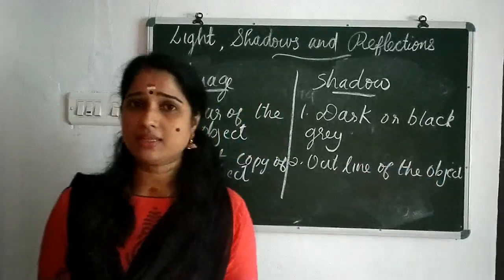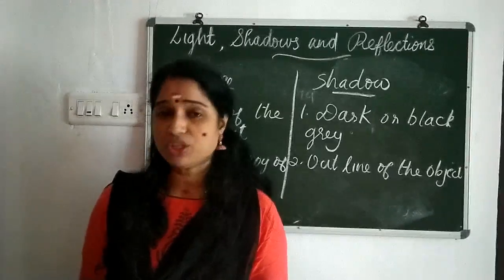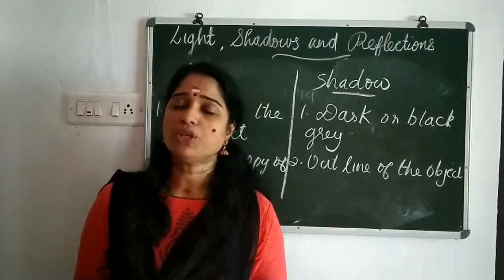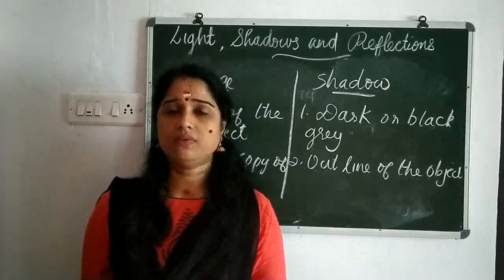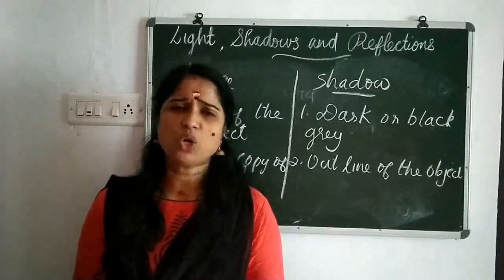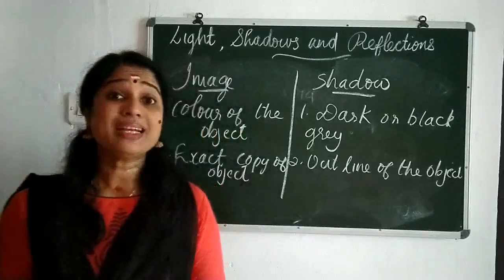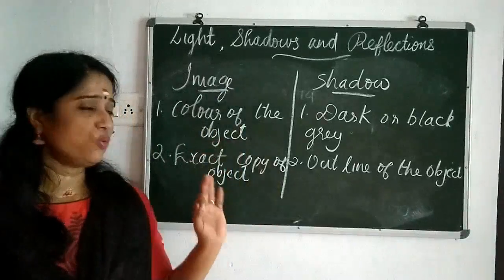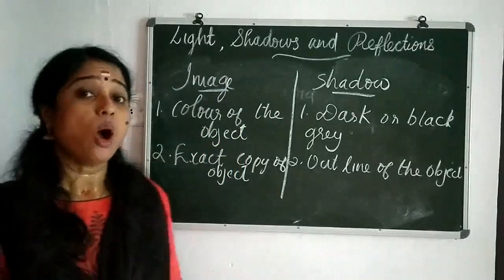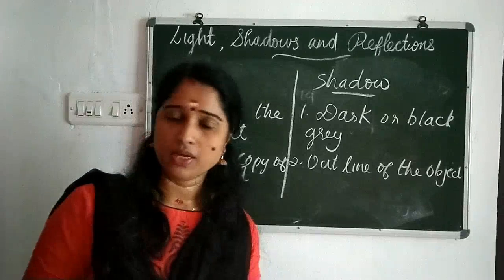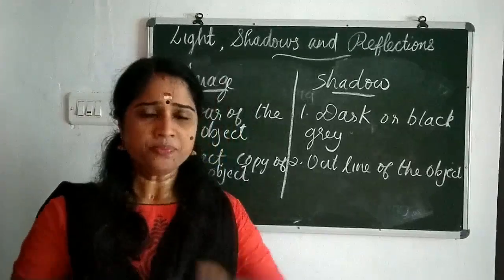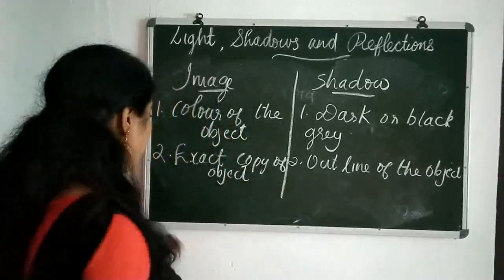You had already seen in the last class how the image is formed. Just the outline of the object only you can see. We cannot see the color, we cannot see the correct size, etc. It cannot be clear in the shadow, but the image is very clear. An exact copy of the object can be seen in the image. In the case of shadow, it is not like that. Just outline only. And last point,